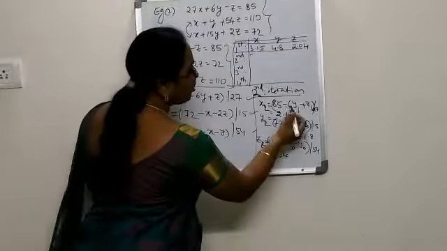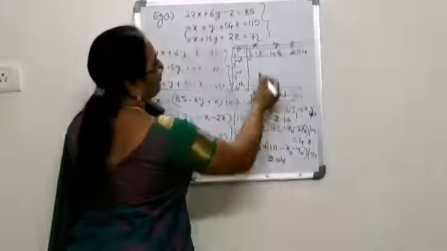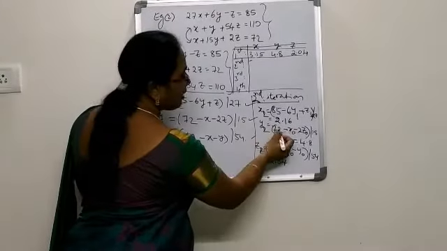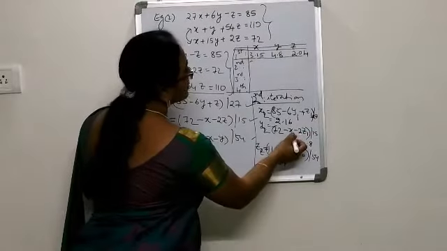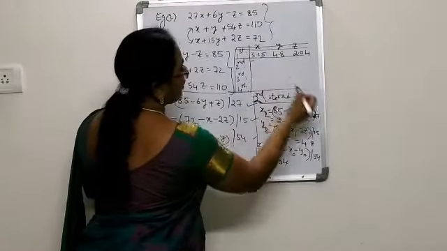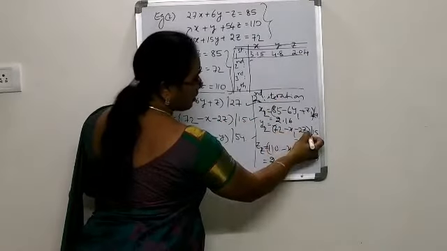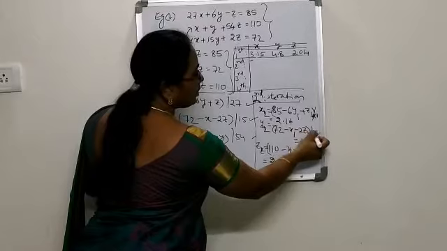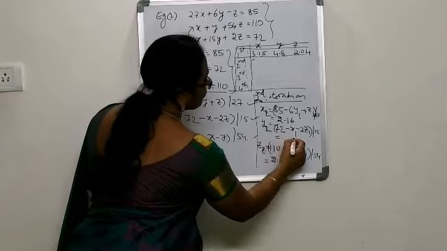We have to put now the values of y1 and z1 of the first iteration, which are 4.8 and 2.04. Similarly, y2 is 72 minus x1 minus 2z1, where x1 is 3.15 and z1 is 2.04. After getting 72 minus x1 minus 2z1, we have to divide by 15, which gives us the value